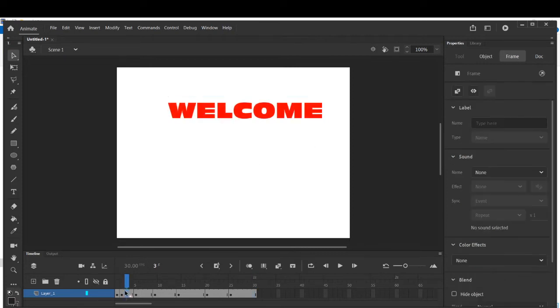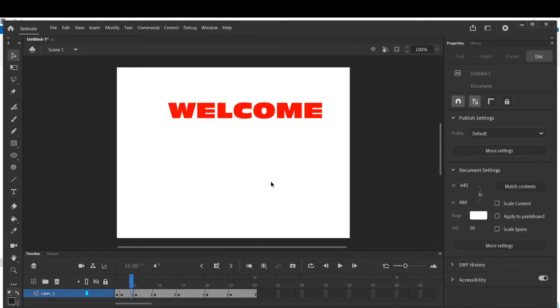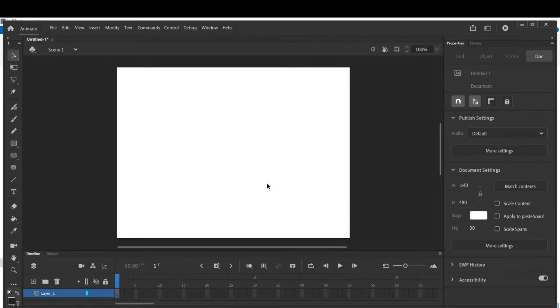For that you have to do these things, and then click on the insert keyframe. Creating a shape tween is not as such direct. Before that, you have to do break apart as we have done in the last class. So let's quickly remove this. I am using Ctrl Z to remove all my work.